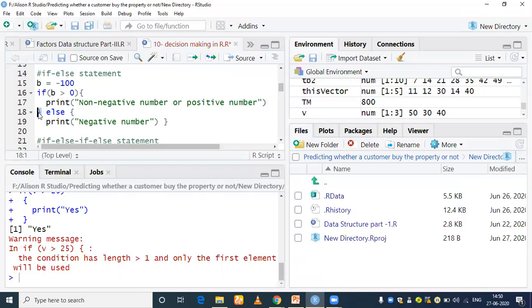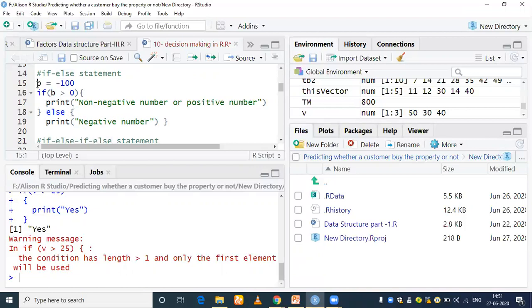So see here, it's a closing braces. After that, you should write else here, and then start with the opening of curly braces. Inside that, you can put the statement that you want to be executed if the condition is evaluated to be false, so write negative number here. So it's very simple. This means if b is greater than 0, you can say it's a positive number. Otherwise, you can say it's a negative number. Otherwise is nothing but else.